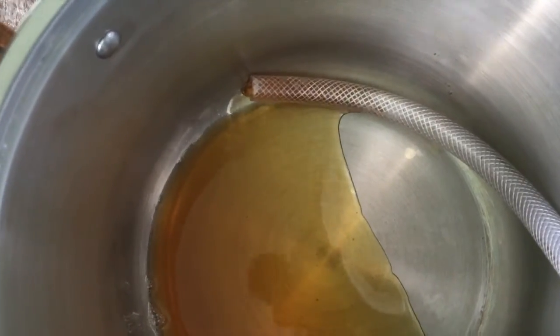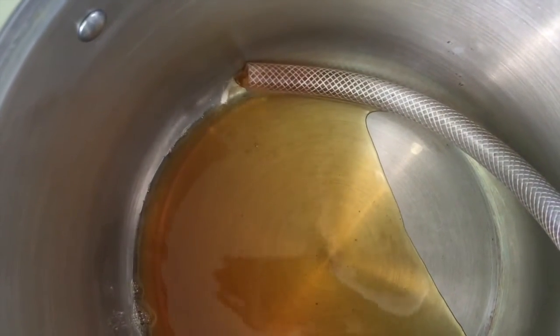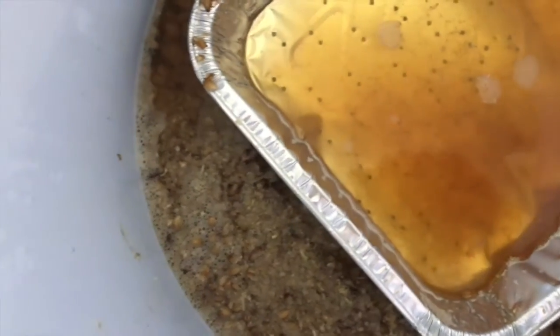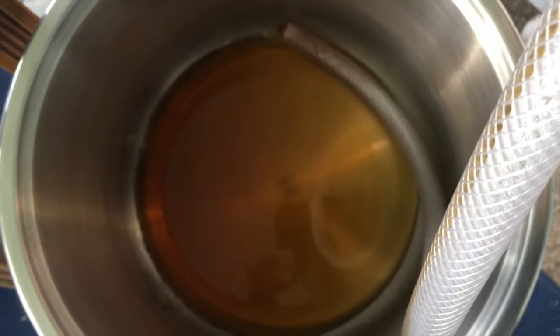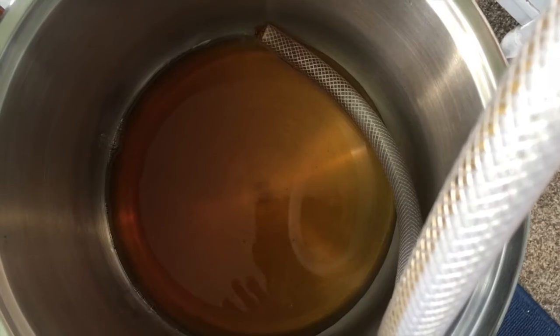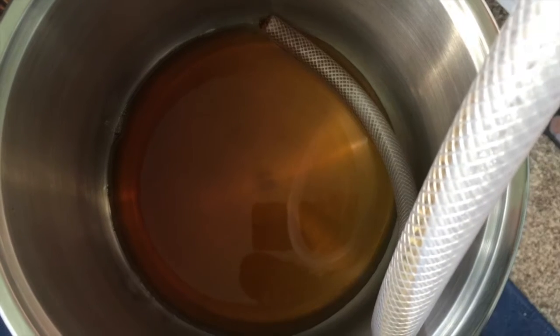We are filling the 3-gallon boil kettle that I have with runnings out of the mash tun. This is what's called the first runnings, and you can see that the grain bed is starting to show up a little bit. We will fill this up with whatever we can pull off, and then we pour in our sparge water and rinse that. But in the meantime, once I get this first liquid out of the mash tun,